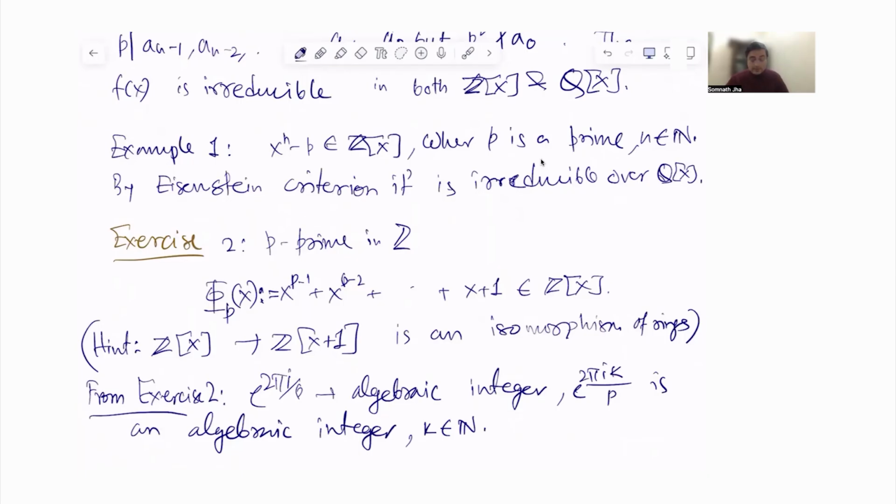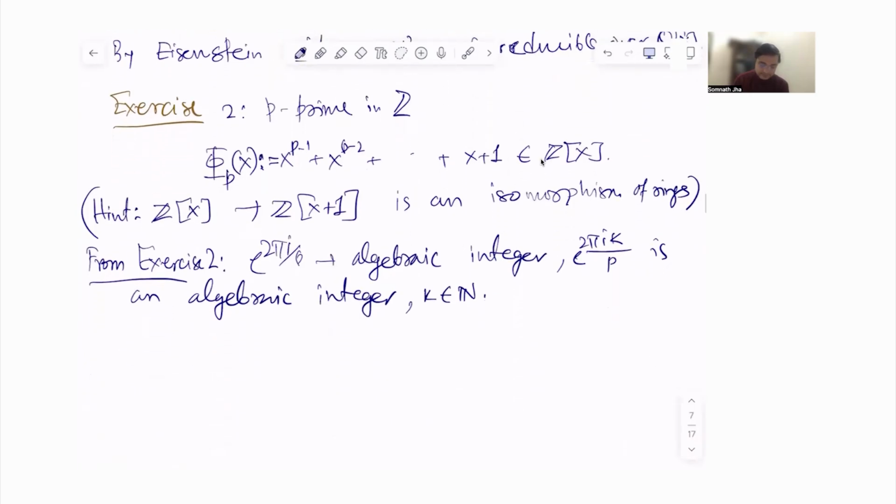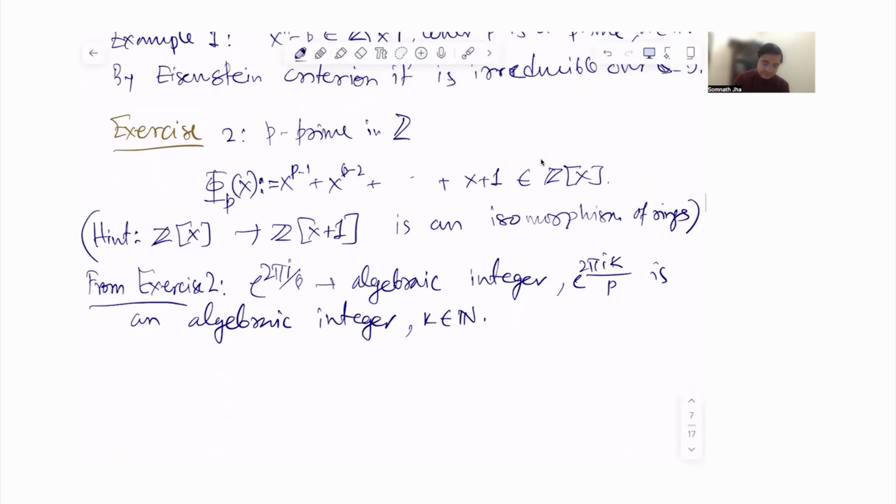That k is co-prime to p is an interesting one. So if you do this exercise, you deduce that these are algebraic integers which satisfy the irreducible polynomial